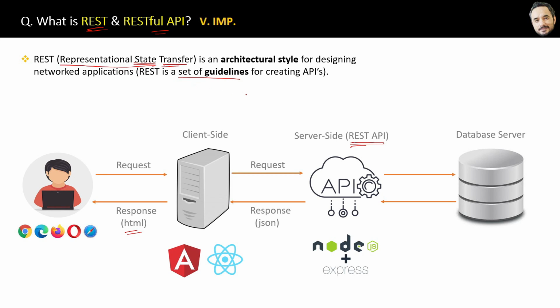Okay, so finally, what is a RESTful API then? A RESTful API is a service that follows the REST principles or guidelines. Okay, here it is written. REST API and RESTful API are the same things. Okay, great. Now you know what is REST, and now you want to know what are the REST guidelines, right? That I will cover in an upcoming question.